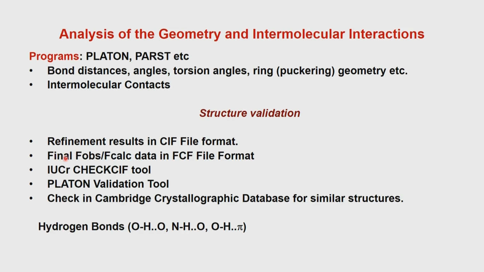Then the structure validation is also seen in terms of the F observed and F calculated data, that is the final values of the observed and the calculated data, and this is known as an FCF file. So, together the CIF file and FCF file now represent the geometry and the structure information together, because once we have an FCF file, it is possible to calculate the electron density map directly and then verify for yourself that the structure is what is reported in the literature. So, the CIF values and the FCF values are all available once the structure is made,